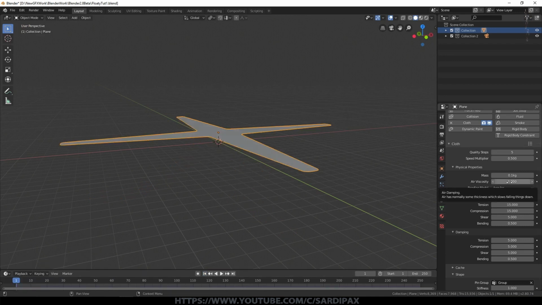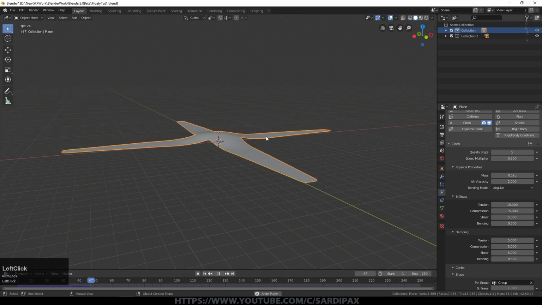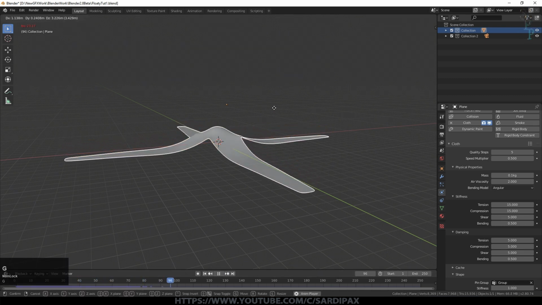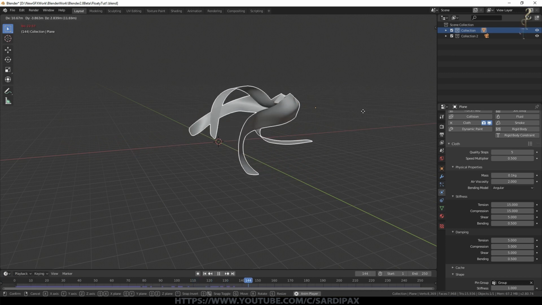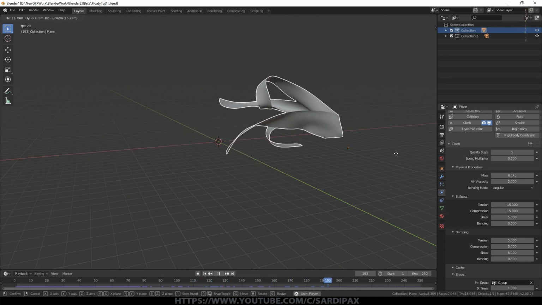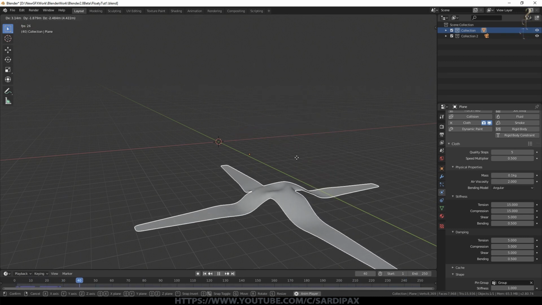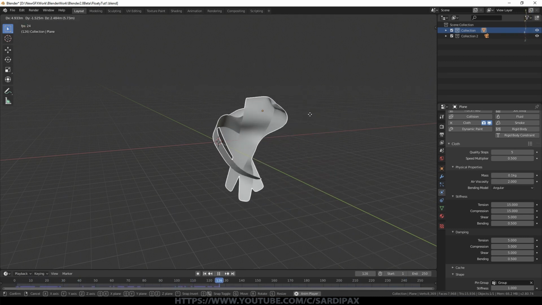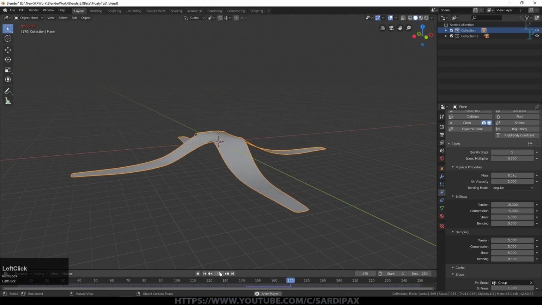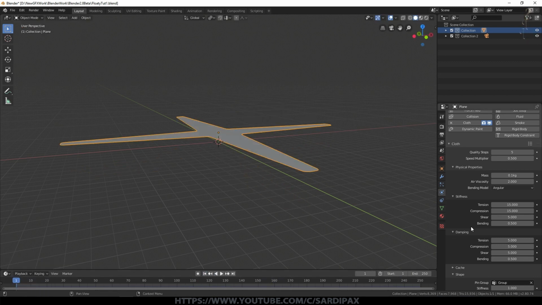We can do things like increasing the air viscosity, so that makes the air thicker, which will actually make these things settle more slowly, but also make them pulled back more as this goes forward. Because one of the things I found was that those tendrils tended to bounce forward, which obviously we don't necessarily want if we want to simulate it being in a kind of fluid. You can play with any of these settings, obviously.